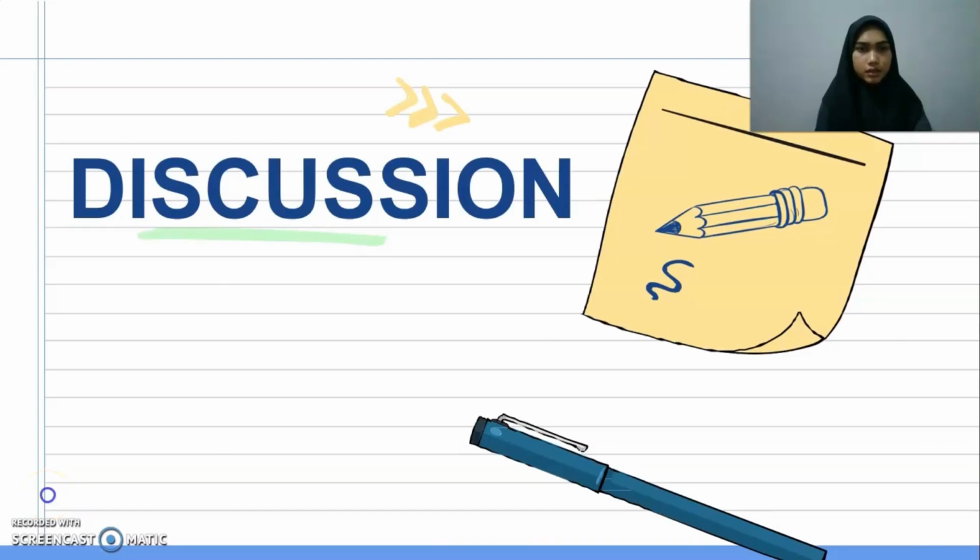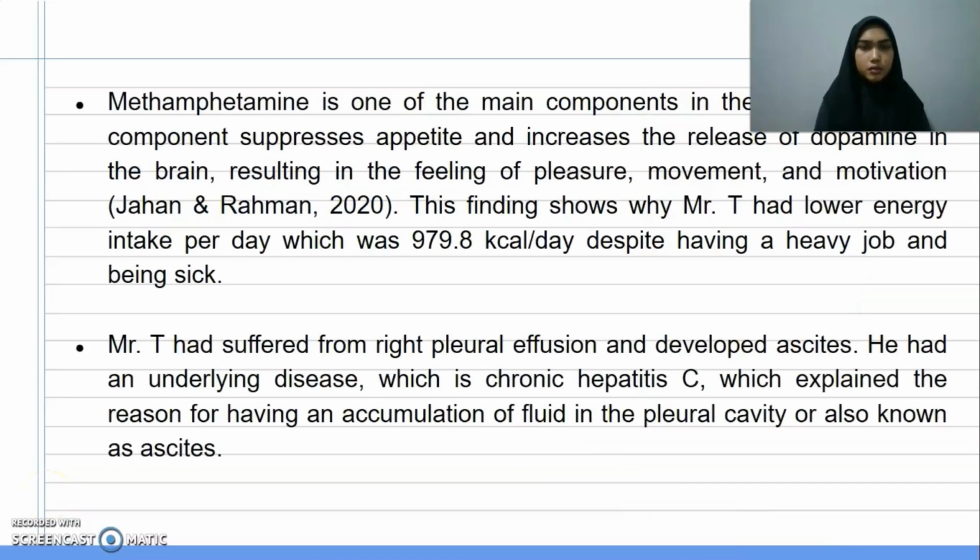Next is discussion. Methamphetamine is one of the main components in the YABA drug. According to Jahan and Rahman, this component suppresses appetite and increases the release of dopamine in the brain, resulting in the feeling of pleasure, movement, and motivation. This finding shows why Mr. T had lower energy intake per day, which was 979.8 kcal per day, despite having a heavy job and being